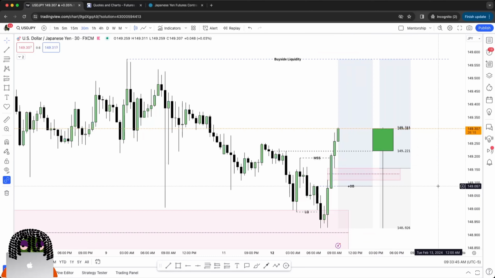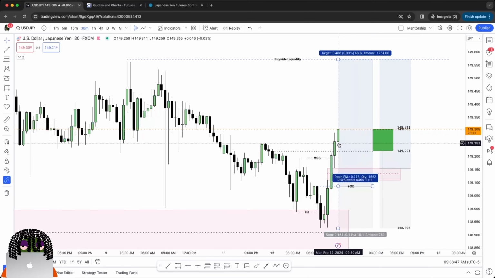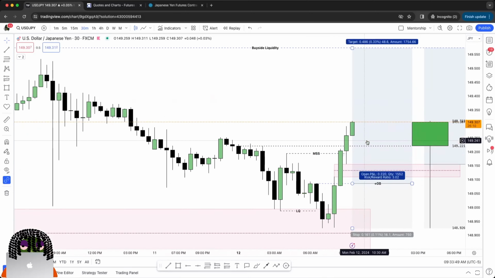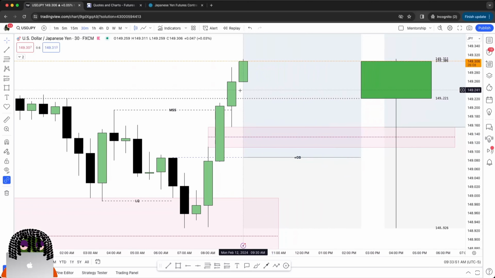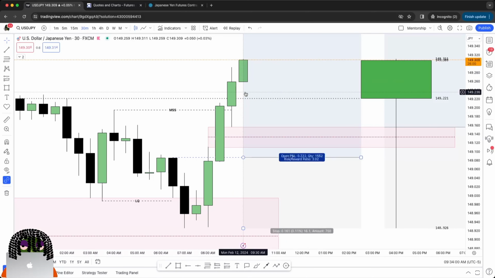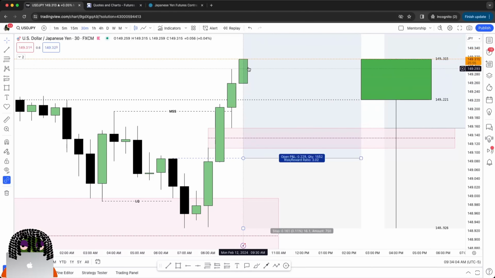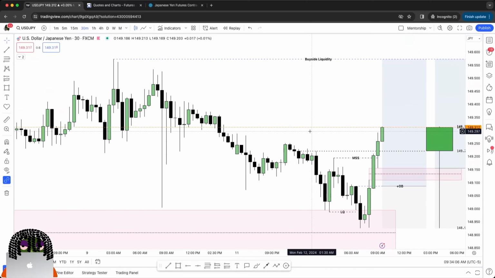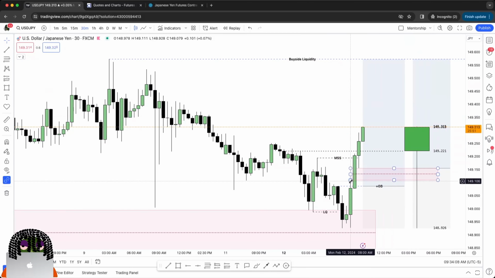So we're just waiting. I believe it's gonna come back, because on this candle right here there's no bottom wick. So I believe it's gonna pull back either on this candle or the next candle. It's gonna retrace because the market has to retrace, right? It's just not gonna be green